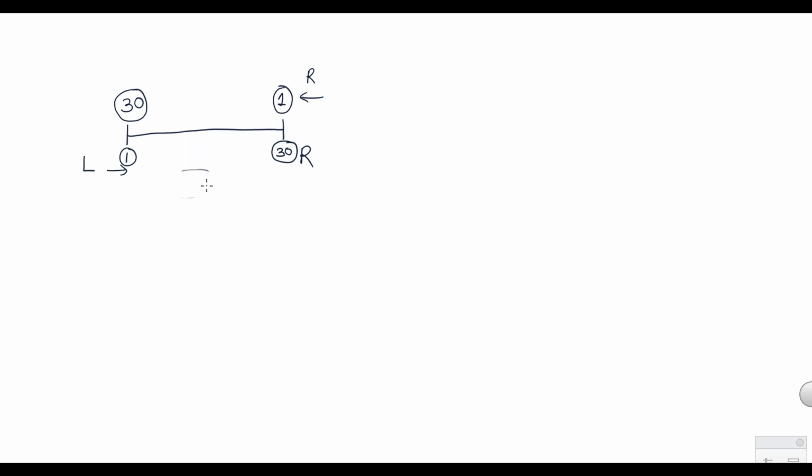Out of these 30 people, let's say there is a person A. The position of A from the left end is, let's say, 15th position. The position of A from the left end is 15 out of a total of 30 people. The total number of people in the row is 30. Now, if the position of A from the left end is 15, my question is, what is the position of A if I count from the right end? Total people 30. If I count from the left end, A will become 15th. Then what is the position of A from the right end?